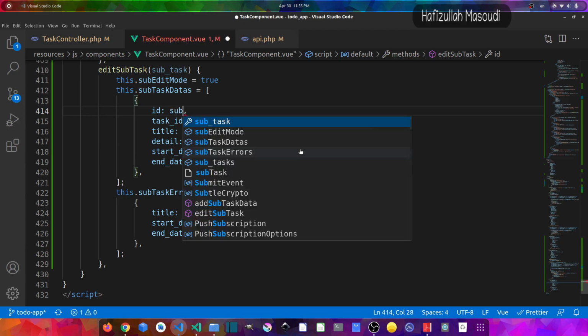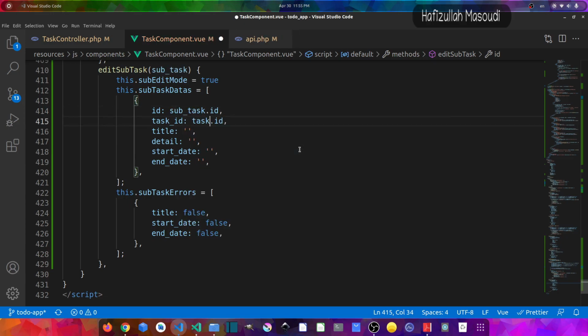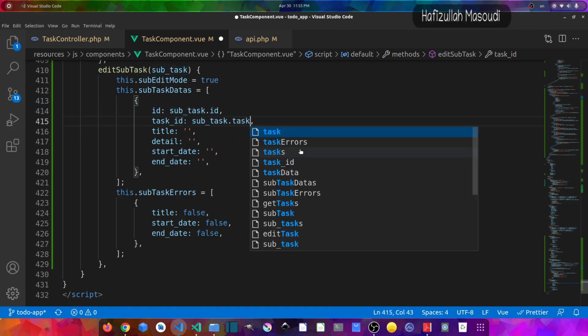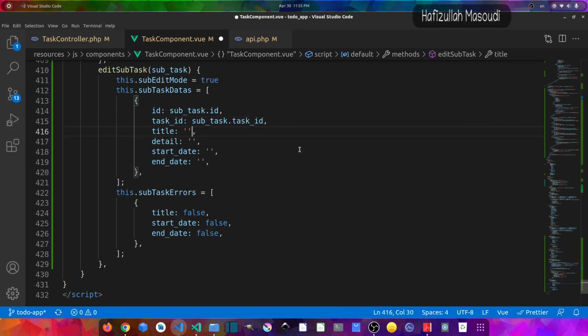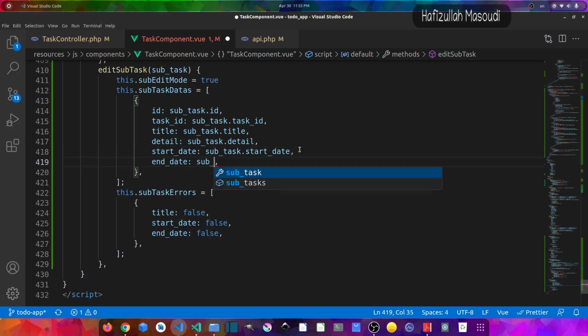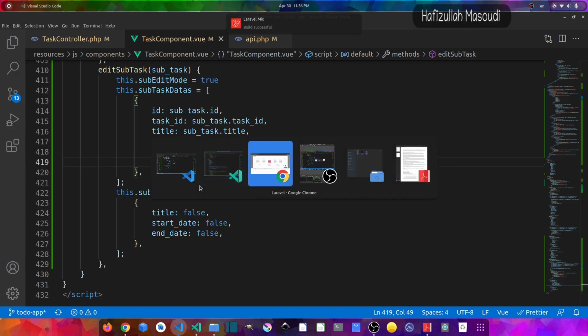So let's say subtask.id, and for this one let's also say subtask.task_id, and for the title let's say subtask.title, and this one should be subtask.detail, and this one should be sub_task.start_date, and this one should be sub_task.end_date. Now let's save it and let's get back to the browser, refresh,